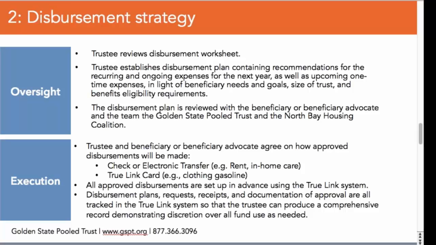And the goal here, which is accomplished as much as possible, is to say, all right, we have a plan for the next year. We can actually sit down and take 10 minutes and schedule that entire plan in the TrueLink system. So we can look at the budget and projections and have a sense of how much we're going to spend over the next year, and have basically things set up on autopilot. So if we know a bill needs to be paid in January, we can always change that if we need to, but we'd love to not have to think about it again if we're not planning to change it. So we can kind of set it and forget it. We can look at the system to see how that works.